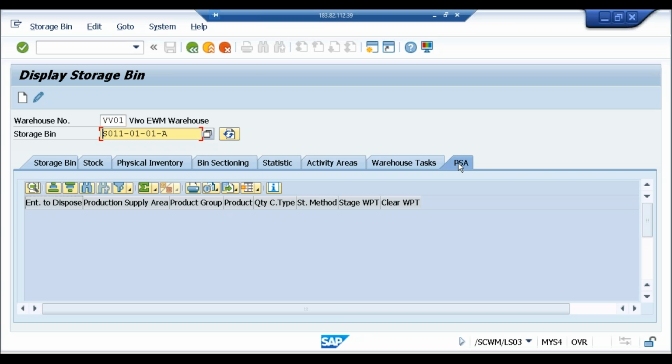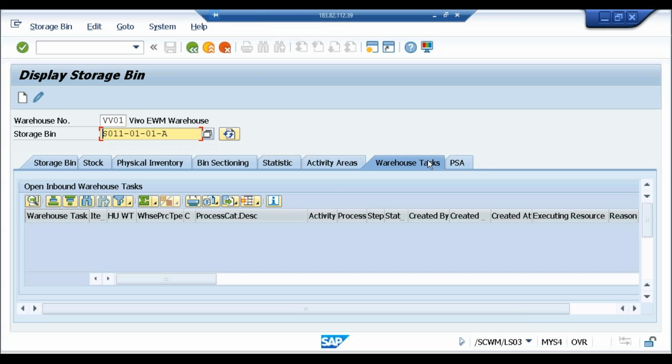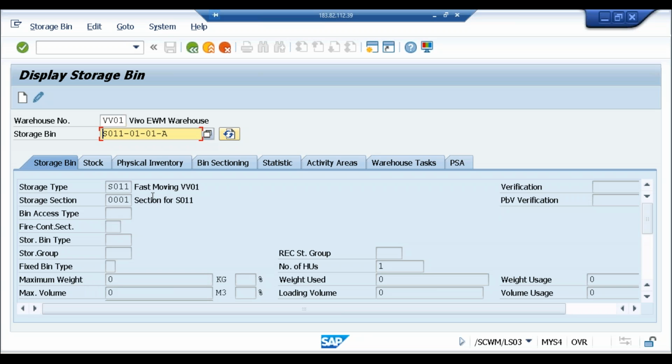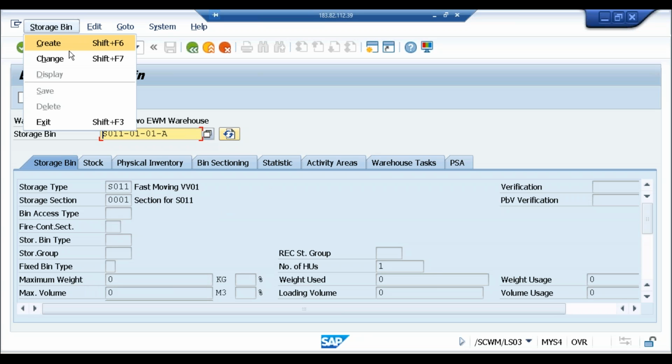And this is the production supply. For production supply, any of the material that needs to be given will also be available. Okay, this is all the information. You will get a lot of information from checking the bin. Then you'll have all the related information for this bin, and then when we try to create the bin,